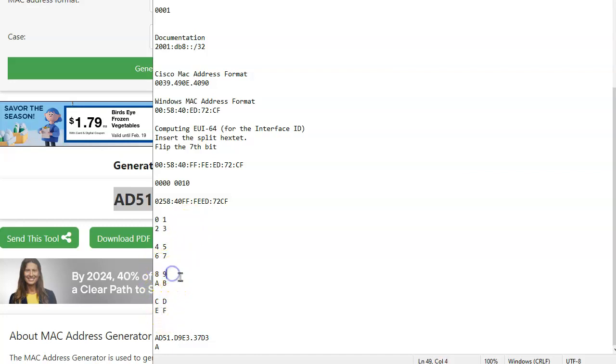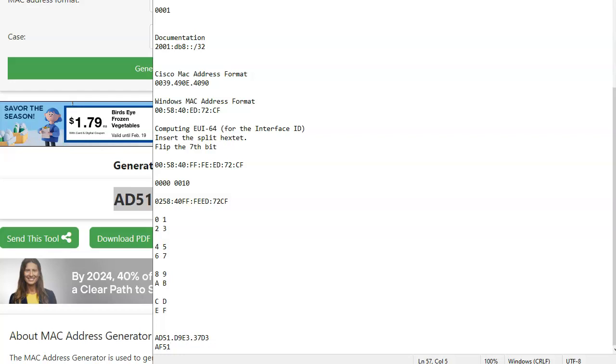If I'm on a 9 and I flip the 7th bit, I'm going to end up with a B. If I'm on a B and I flip the 7th bit, I'm going to end up with a 9. Right, so that's just a way to think about this. So if I have a D as my second number, I'm going to end up with an F right here, right? And I'll show you that a little bit more closely in a minute.